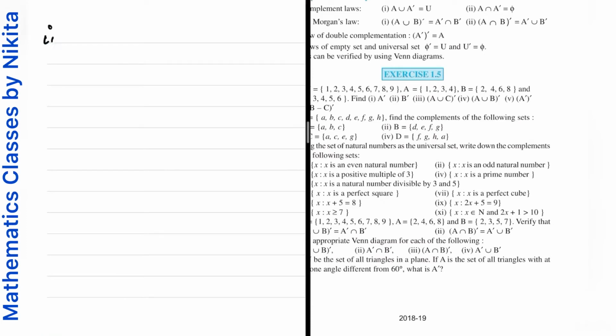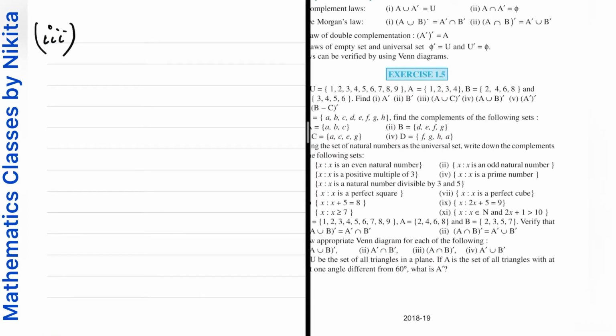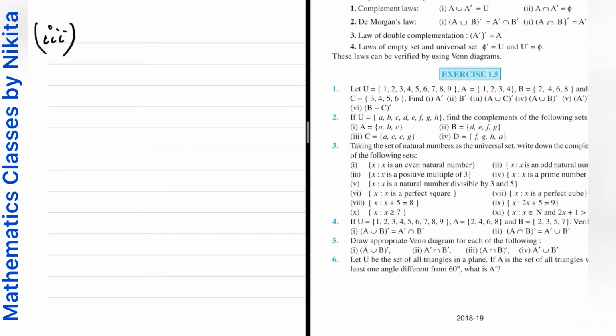Next part. It is given that all those x such that x is a positive multiple of 3. Positive multiple of 3. देखो multiple of 3 की बात कर रहे हैं तो कैसे कैसे numbers आएंगे? You'll have numbers like 3, then 3 2s are 6, 3 3s are 9. ठीक है. और अगर सिर्फ मल्टीपल्स बोलती हूँ तो -3, -6 इनके नेगेटिव्स भी आ जाएंगे. But since this set consists only of positive multiples of 3 because the universal set is the set of natural numbers. अब हमें इसका complement लेना है.